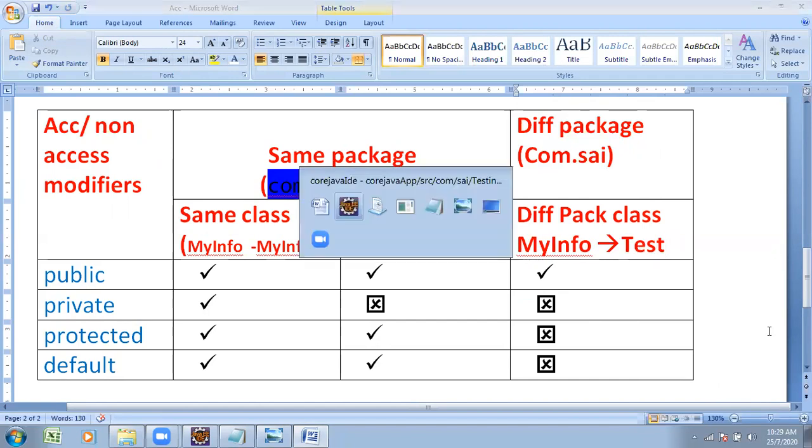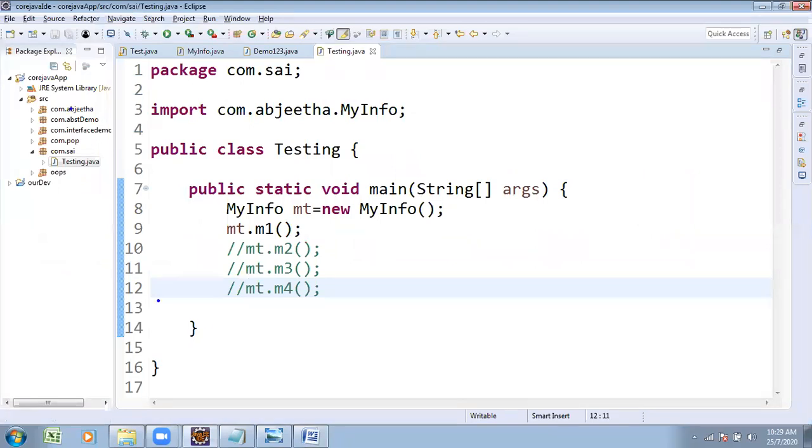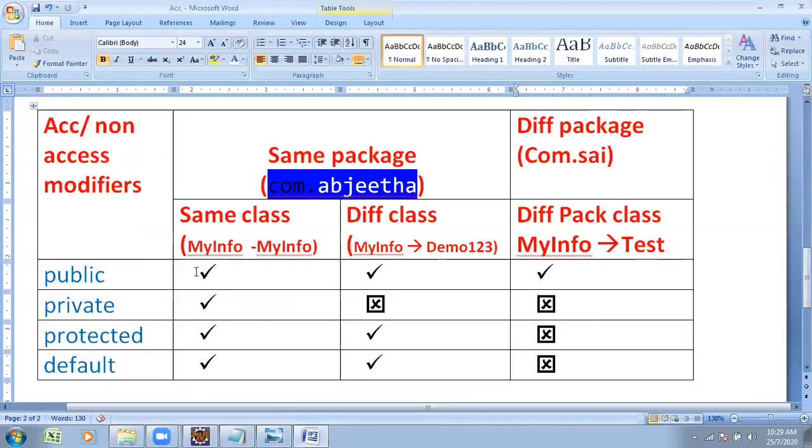Suppose declaration is done in Abhijit and utilization is done in any package. What do you have to do? Public. If declaration is done in Abhijit and utilization is also within Abhijit, within his team members only, he wants to give the accessibility, then declare protected or default. If he wants to access within his class only, what is recommended? Private type. Public is full access provision, accessible within the same package class as well as a different package class, everywhere in the entire project.